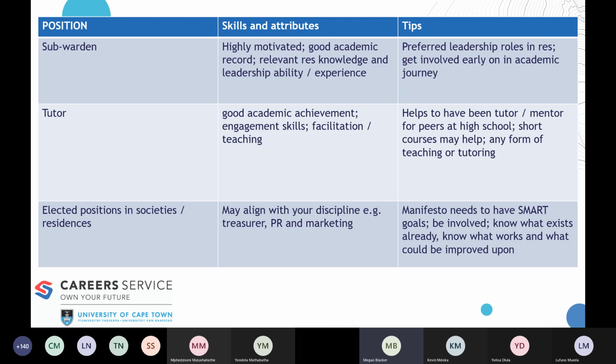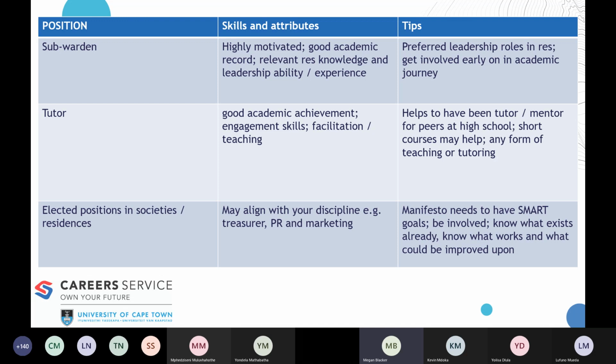Moving on to elected positions in societies and residences, you may want to think about aligning it with your discipline. So perhaps taking on a treasurer role if you're coming from the Faculty of Commerce, for example, or if you are interested in marketing and branding, to be the PR and marketing portfolio holder. And I think really importantly, if the role needs for you to have a manifesto, it has